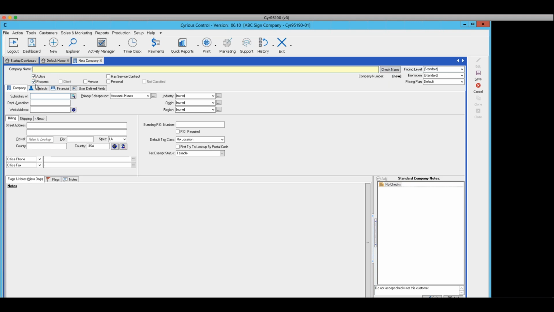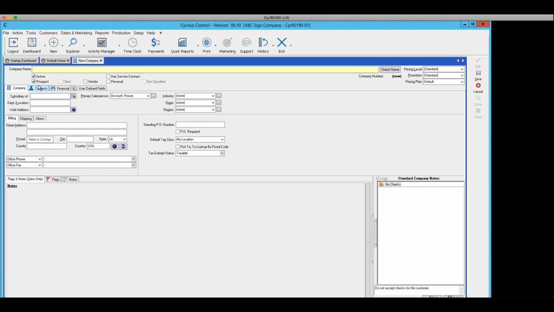Now the check marks here, just quickly, I'll review two or three of these. Active means that company is active in the system, and what active means is that you can choose them when you're creating a new estimate or creating a new order. If a company goes out of business and you're no longer doing business with them, the ideal would be to edit that company and remove the check mark. That physically leaves the company in the database, which you really want to do, but it makes it appear as if that company does not exist,